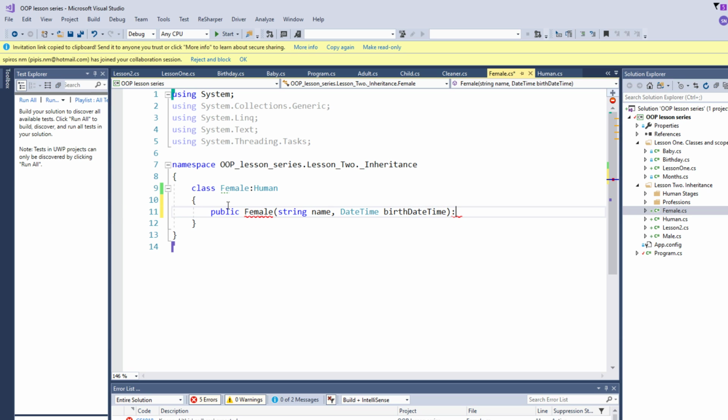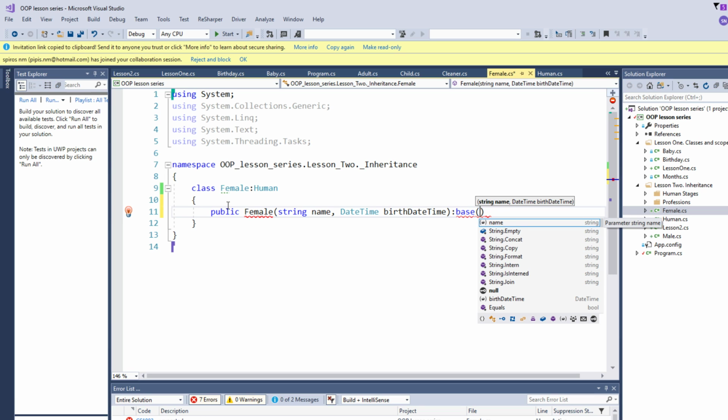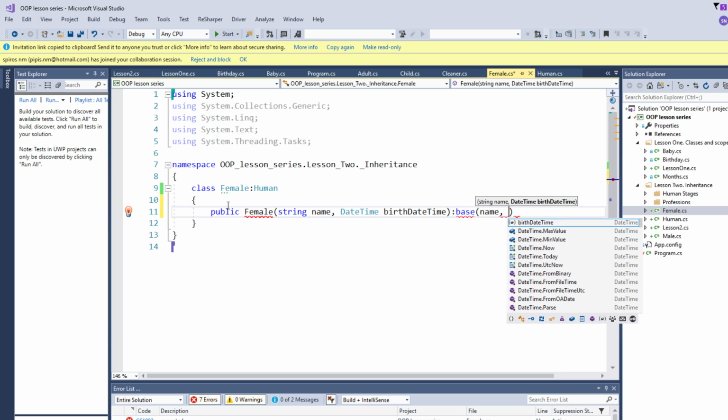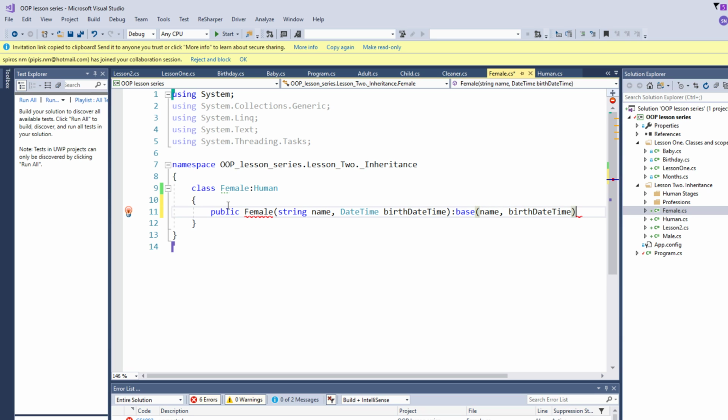And in order for us to use the human's base constructor, we do it with the base keyword. So by writing base, we say that we use the human's constructor in this case. And so we call the human's constructor now with the same parameters that we